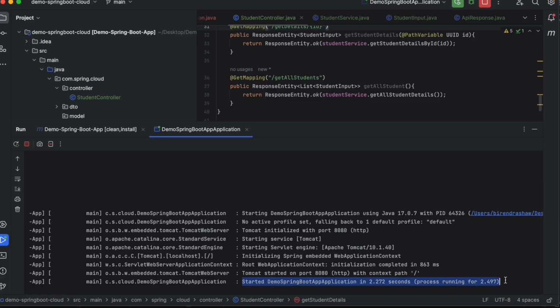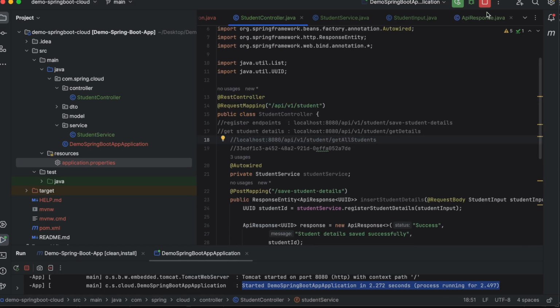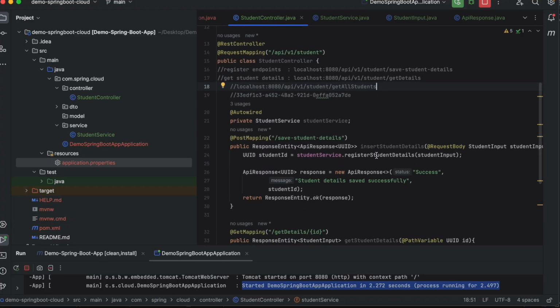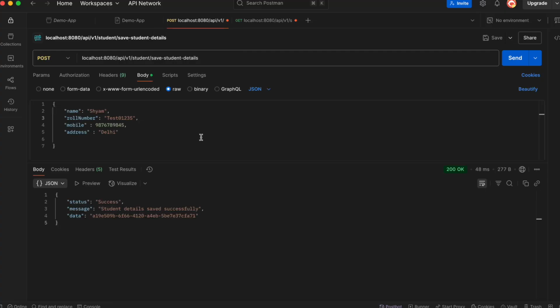So the new endpoint is also ready, and since we already restarted the application, we lost all the data that we saved, so we have to save again. So let's do it again. First go with this post mapping and we will store two or three student details one by one. This is done.